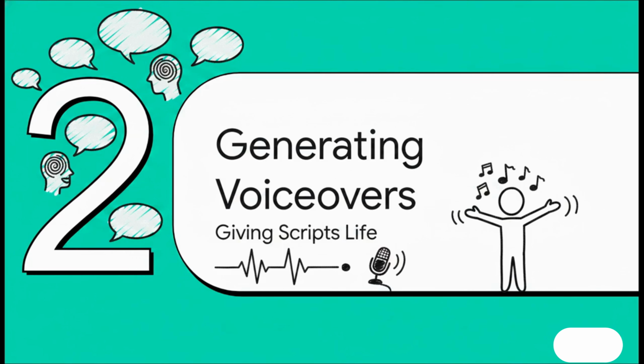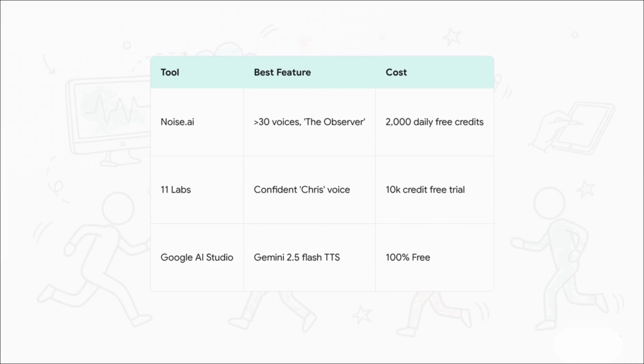Moving right along to Section 2, Generating your voiceover, giving life to your script. So you've got your script, but you need a voice, right? Well, you have some fantastic free-to-try options to match whatever vibe you're going for. Noise.ai has over 30 voices, including this really calm, almost historic tone called The Observer, and they give you 2,000